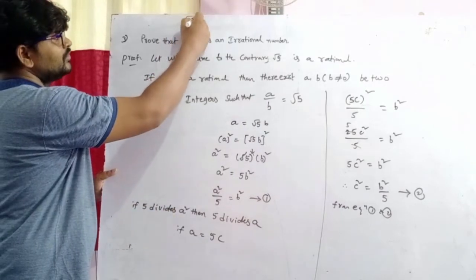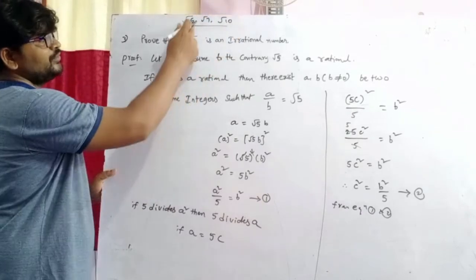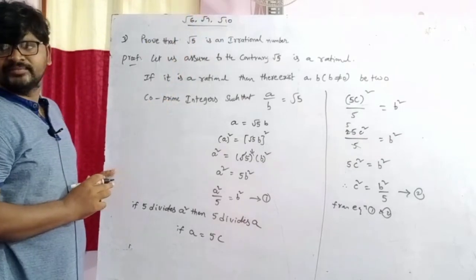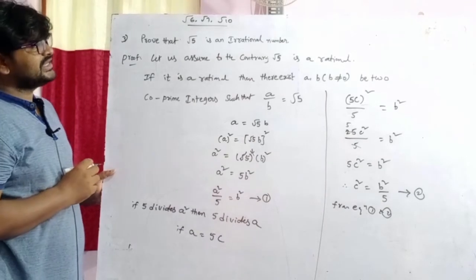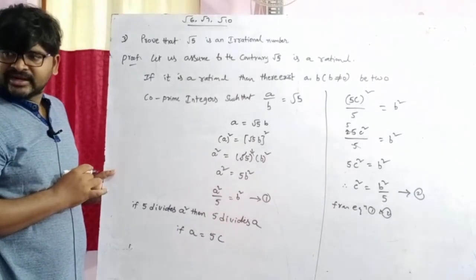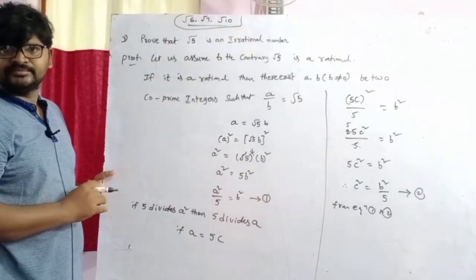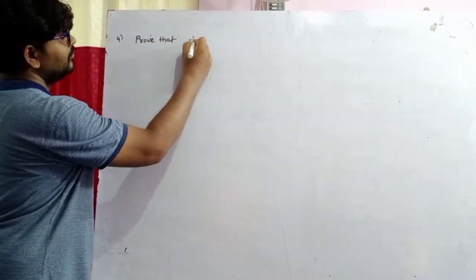Prove that root 6, root 7 and root 10 are irrational numbers by using the contradiction method. This is the homework. Is it clear? Question: prove that 1 by root 2